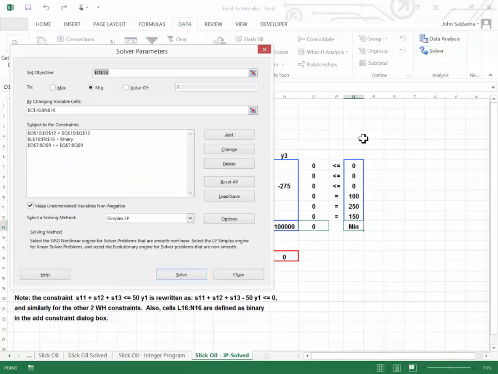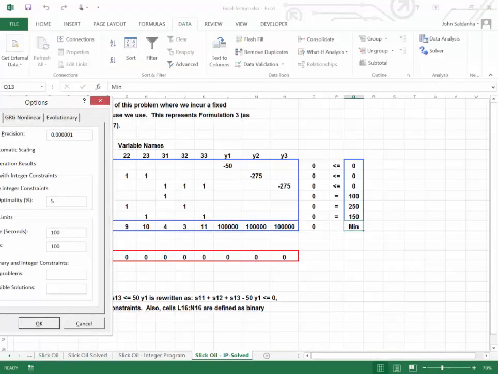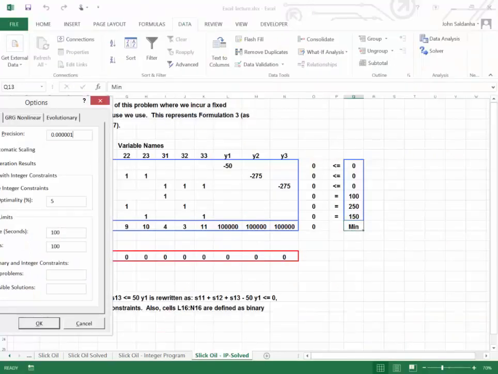So sometimes what happens by default in your options,